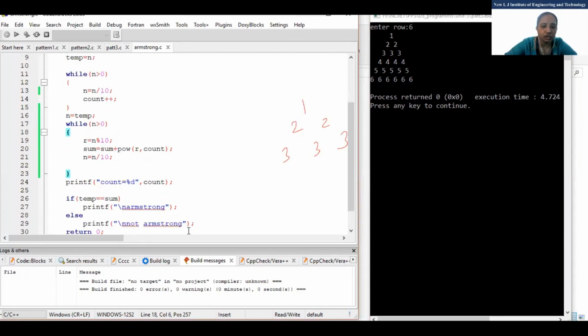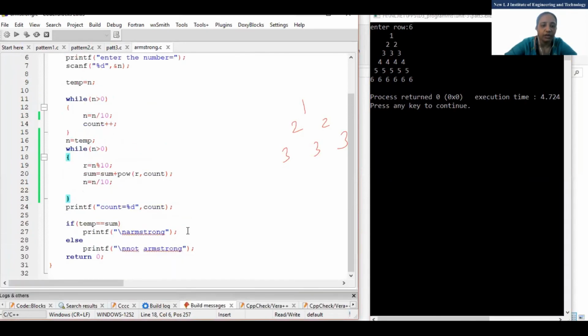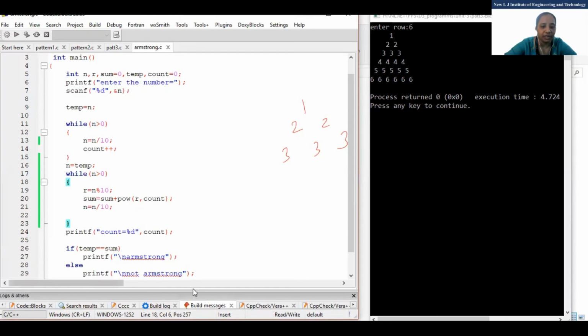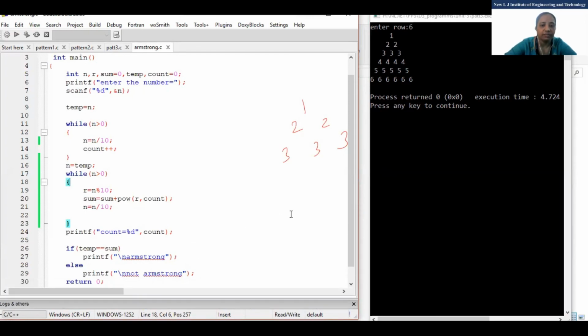Just take a screenshot of this and try to understand it by yourself. If you have any doubt, you can ask me. This is the program. If you are not able to understand, just message me. I have counted the number of digits first.